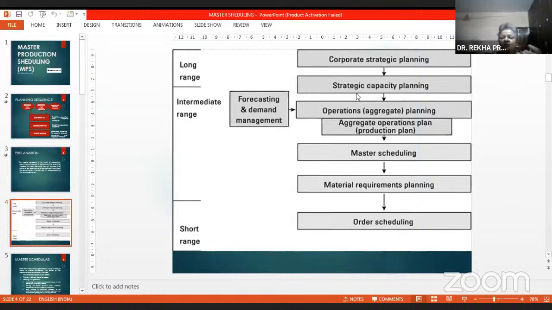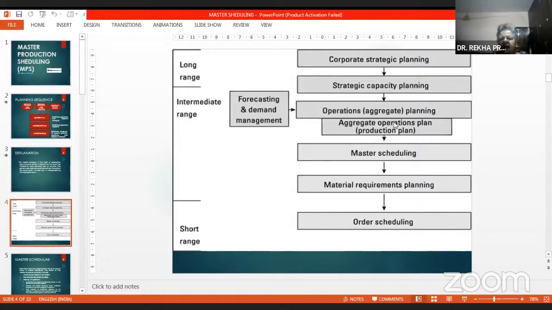Because if you want to produce something, you should have the capacity to produce. Do you have the capability and the capacity to produce what is in demand? Then in the intermediate range, what is the forecast and demand? From forecasting and demand, you come to know how much material is required by the external environment.